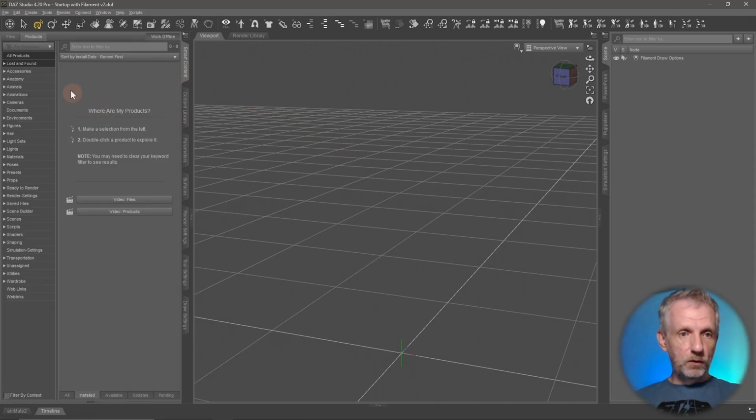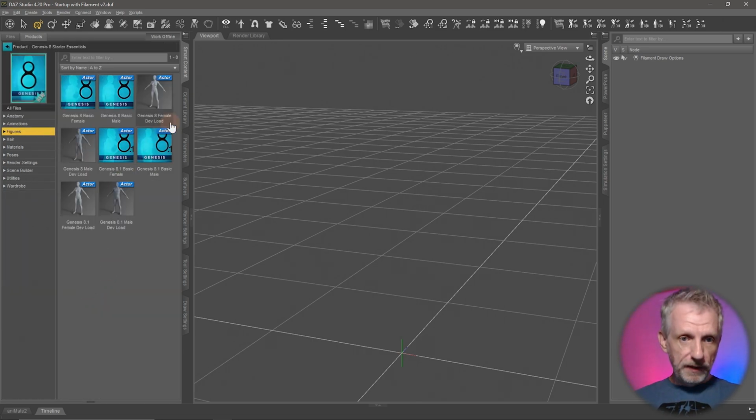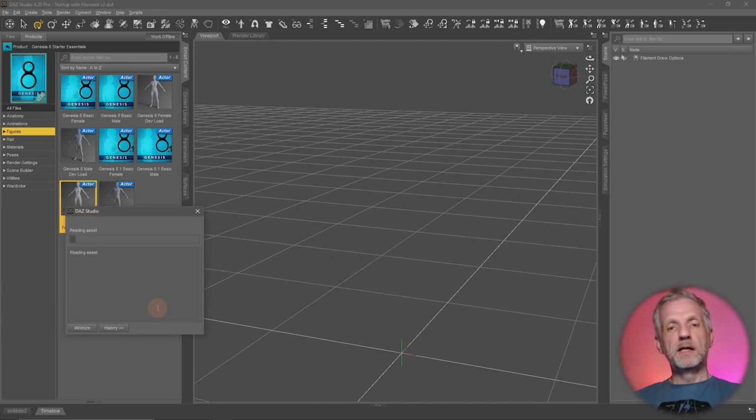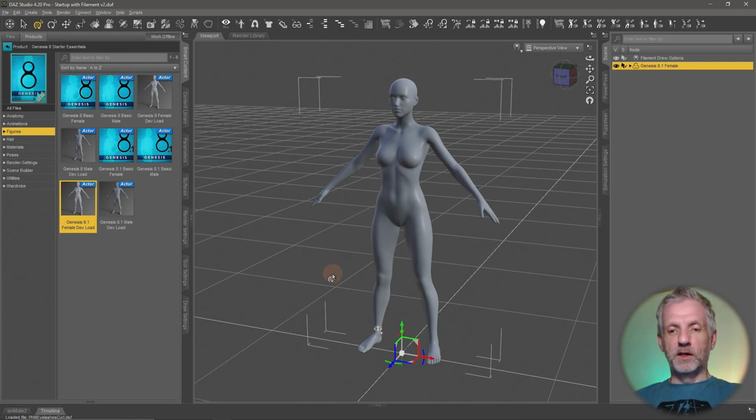Let me load the Genesis base figure in, the 8.1 base figure to begin with. I'm going to use the dev load here, so that makes it easy to spot if any materials have not properly been converted. And also it avoids nudity on YouTube, which is always a good sign. So let's load her in, and the first thing that we're going to need to do is export her out